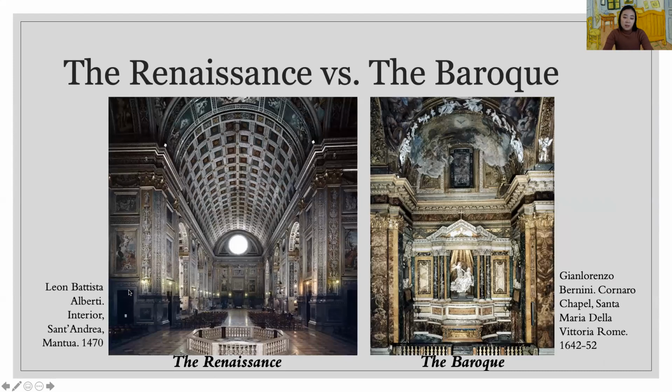So let's see the architecture style first. The left one is the Renaissance and the right one is the Baroque. Can you find the difference between these two styles? Anything you can recognize? More human figures?